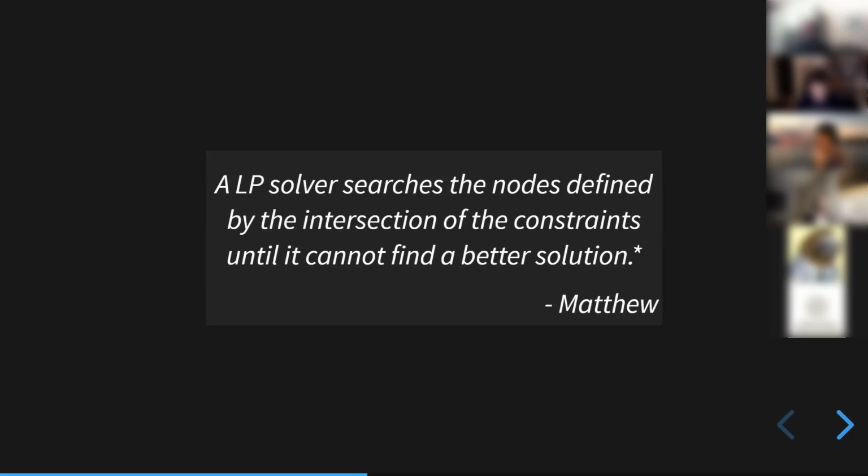Are those adjacent nodes better than the node I'm currently at? Yes or no? If it's better, move. If it's not, oh, I must have found the best solution. If there are any hardcore optimization people and you feel that was too simplistic, I left myself an asterisk, so don't worry. There's more to it than that, but that is the simplified version of what is actually happening.